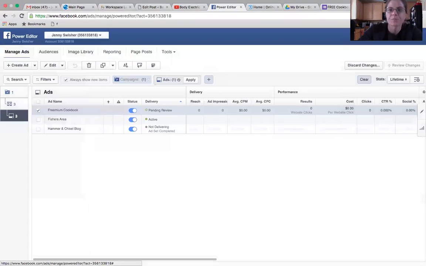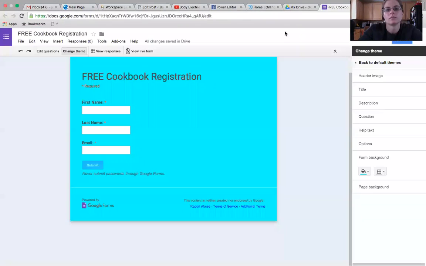And if you're using a Google form, the Google form will not send you a notification that someone has filled it out. So Chris and I are going to have to actively go into our Google form for the free cookbook registration and see who has completed the form. We're not going to get notifications, so we have to make sure that we check that each day. And then, of course, when I see that Bobby Joe Wilson has signed up for my cookbook, I email Bobby Joe Wilson a personal note with the cookbook,